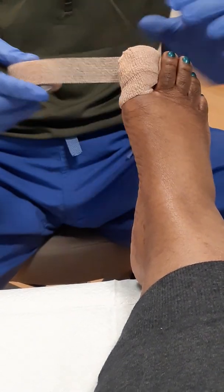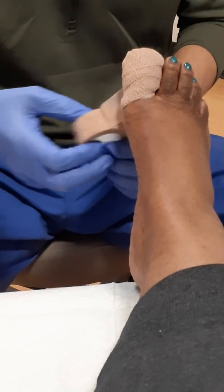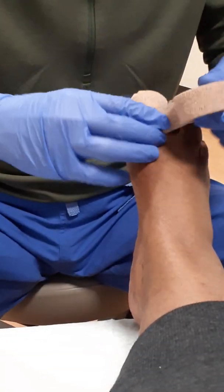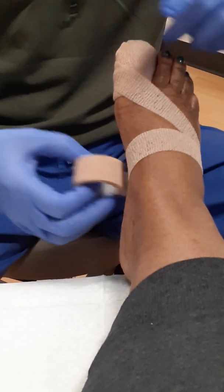I dread for the numbness to wear off. It won't be as bad as you think it is. Okay. Like I said, you should have some dull throbbing. But just take Tylenol, take ibuprofen. Okay. And it will be okay. I usually do this just so this doesn't pop off your toe, okay? Alrighty. And he gave you those instructions on soaking and everything? Yeah. Great. As long as you have those,